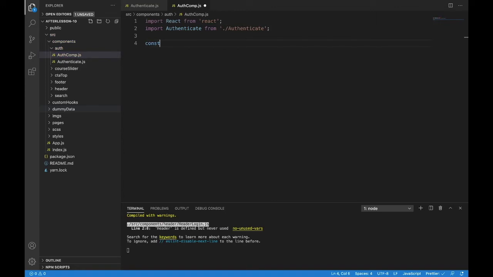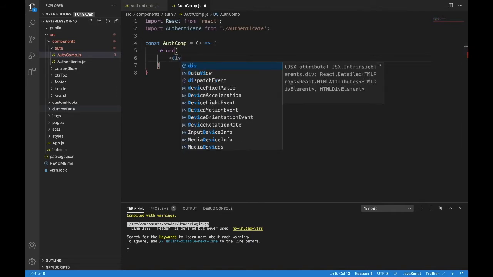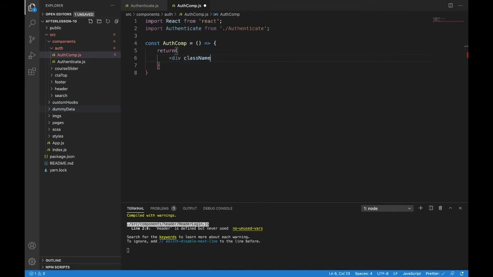Now const AuthComp will be a fat arrow function. Inside of there will be a return, and the return, let's just make this real quick. We'll have a div with the class name equal to auth-comp, and inside of there we just need a left and a right. So let's make a div with the class name auth-comp